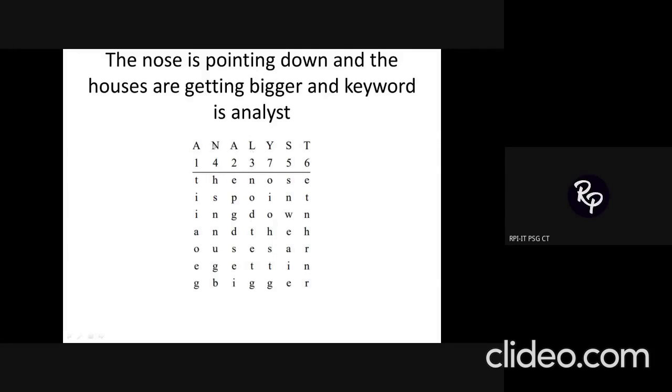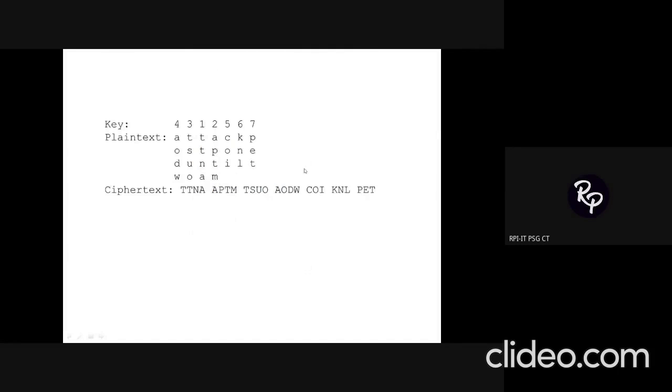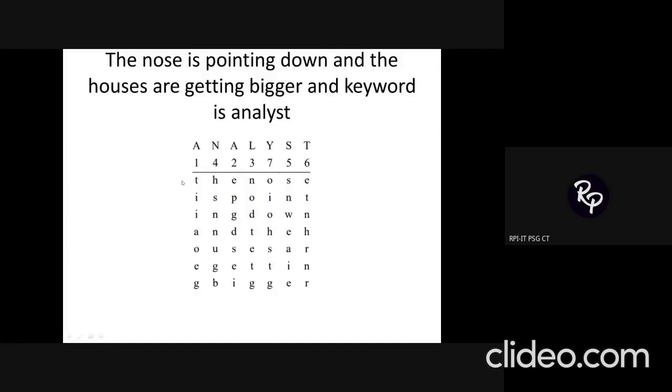So after L, you have N, and then S, and T. So now you have arrived at the values 1, 4, 2, 3, 7, 5, 6. So now you have a format similar to the previous one, and the procedure is the same. After writing it in a row-wise manner, read it in a column-wise manner. So this becomes TIIAOEG, and next number 2, EPGDSEI, and this procedure goes on.